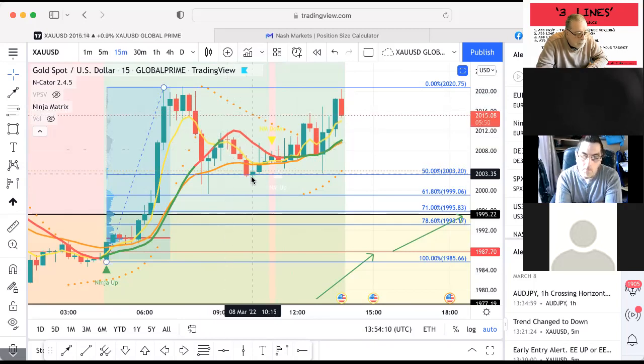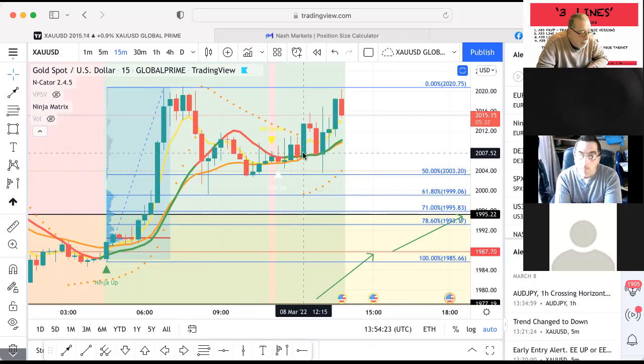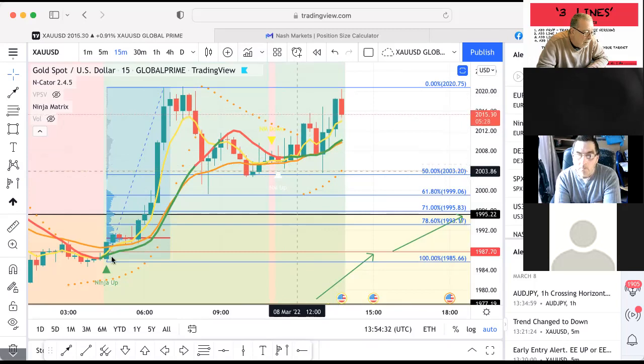It pulled back to the 50% line, and then it started to go up. And I didn't get in. I waited, I followed my own rules, and I got in on that candle because the PSAR flipped. We were on a ninja matrix up, and if we go on to Heikin-Ashi candles,